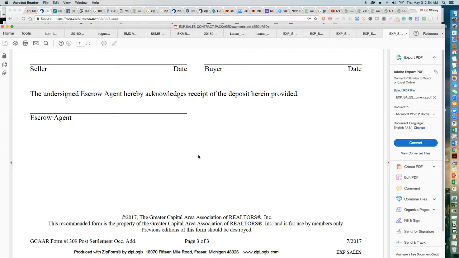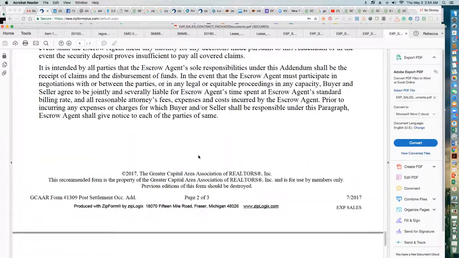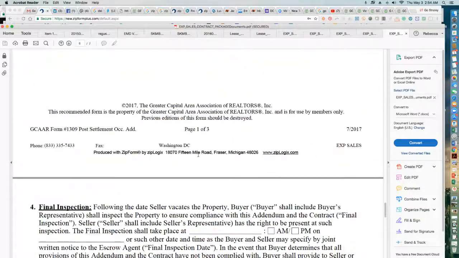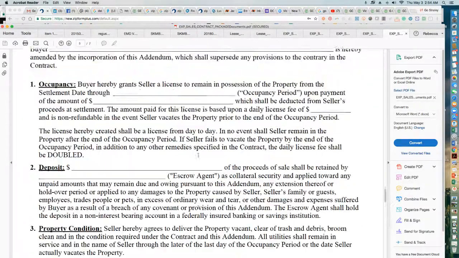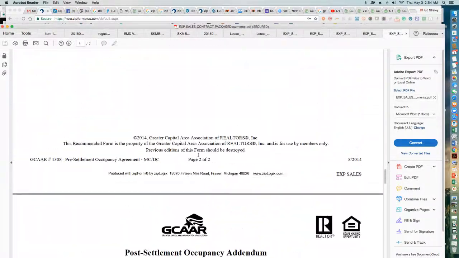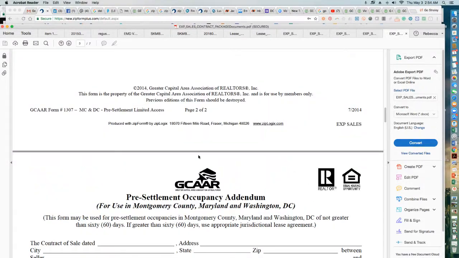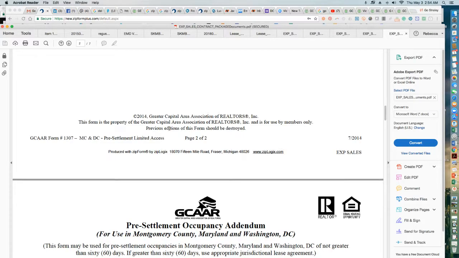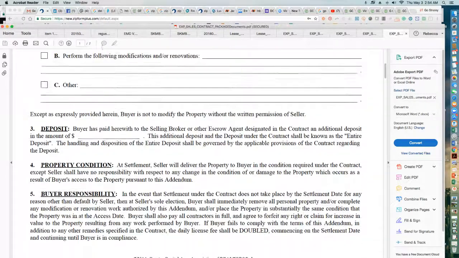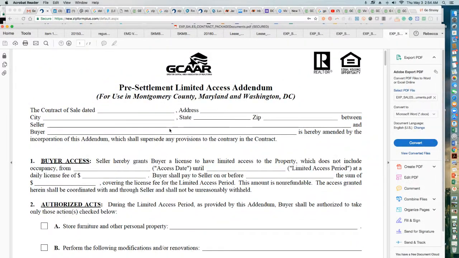And so that is your three forms, the 1309, which is your post-occupancy form. And it could be that you wanted a pre-occupancy, which would be 1308, which we reviewed. And also 1307 is the limited access addendum. So that's all your